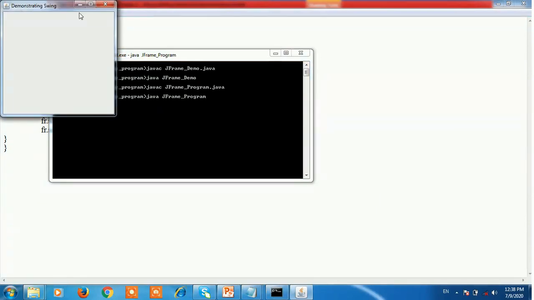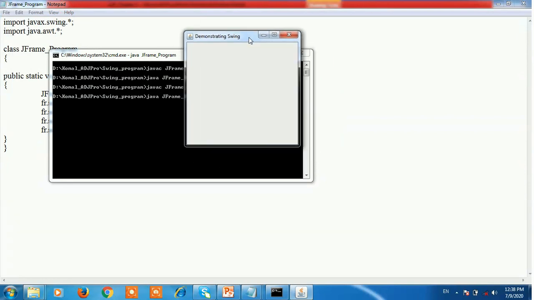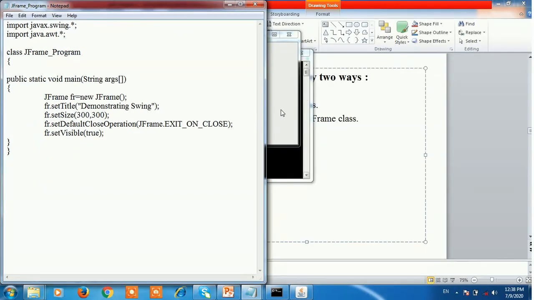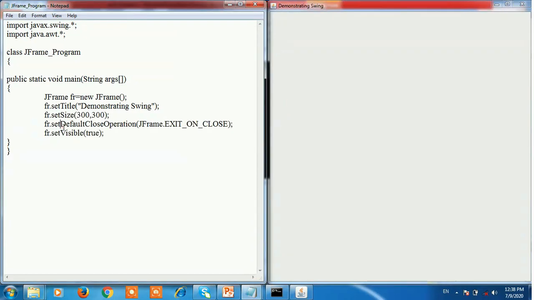See here, this is the output of our program. This program shows how to create a frame by creating an instance of a frame class.